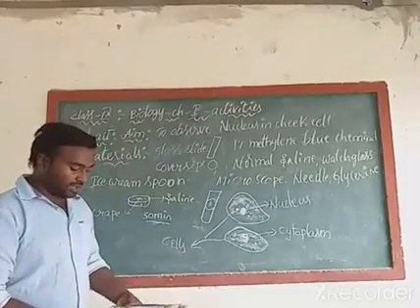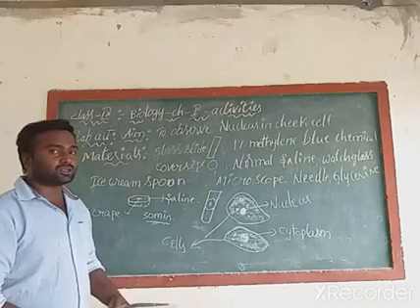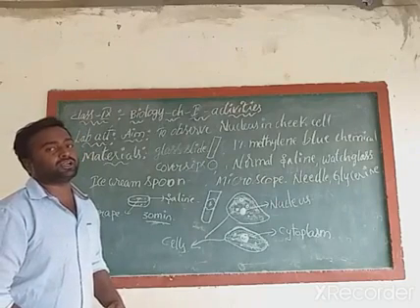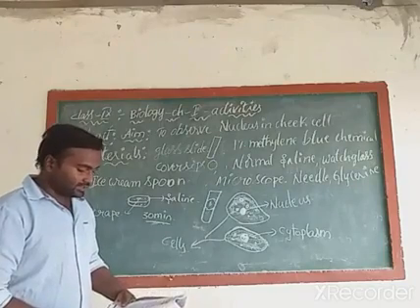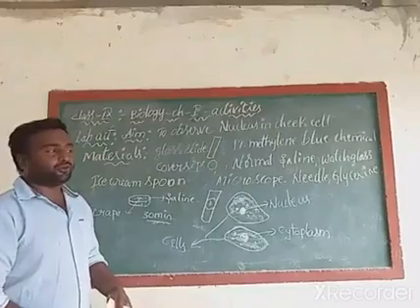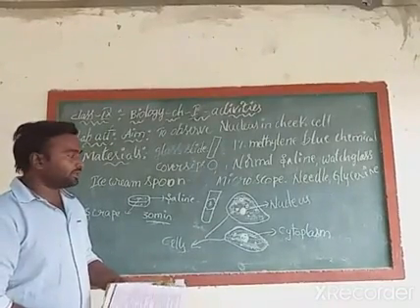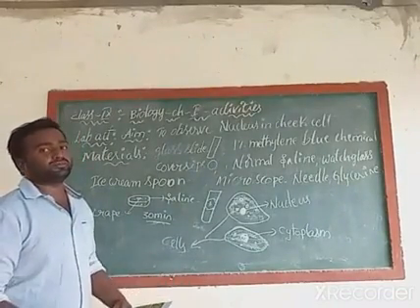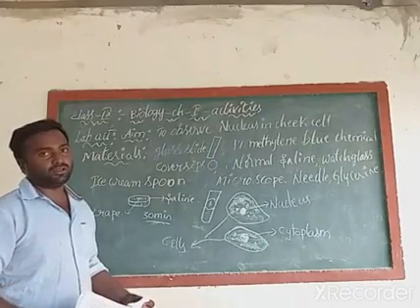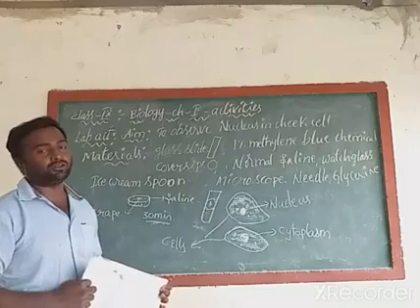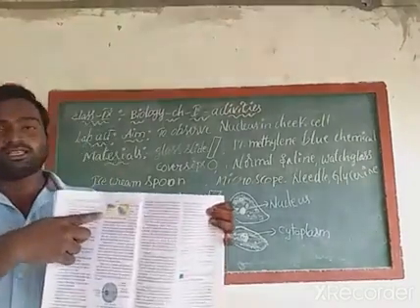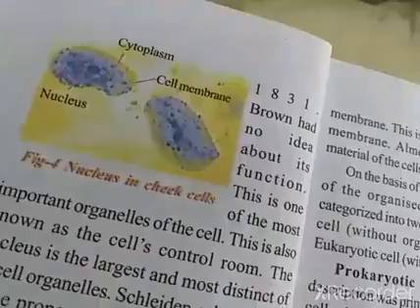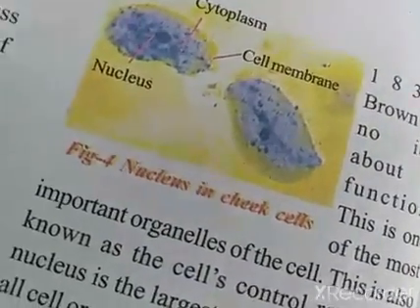Try to observe this in your textbooks also. If you have not opened your textbooks, I think this lab activity is on page number 4. Now I am going to show you the diagrams from our textbook. Open your textbooks and observe the activity. See the cells here, in figure 4.